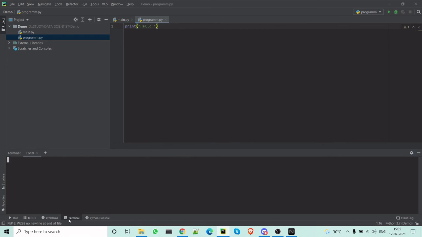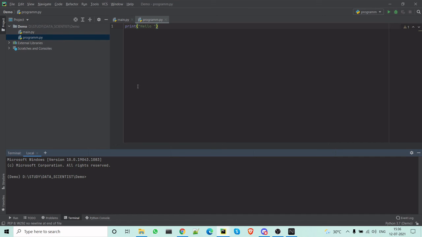And this is the terminal. Whenever you create a new project folder and a new environment, in our case we have created this demo folder with the environment name as demo. You will see the environment name on this file path along with the environment name. So you can verify it from here.